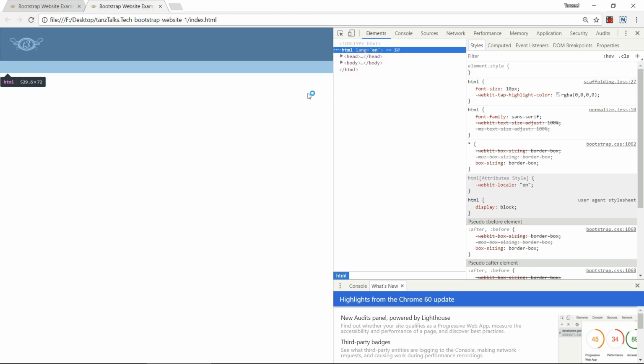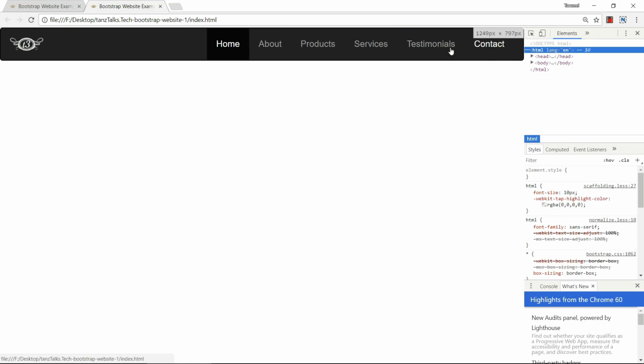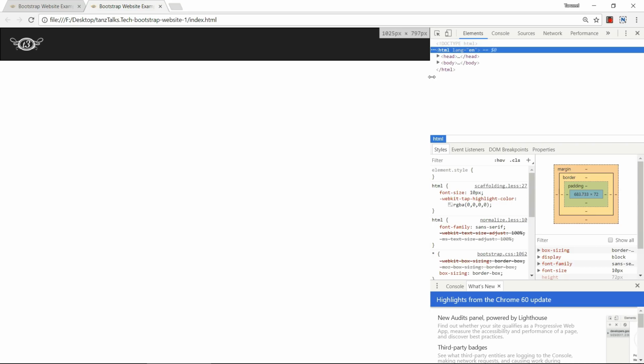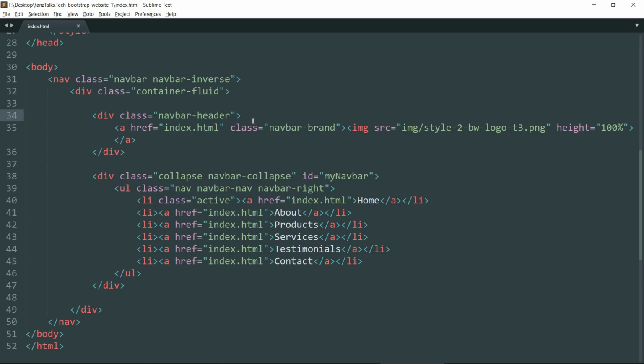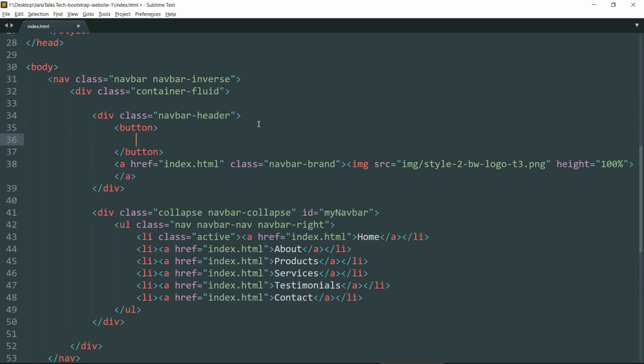Now let's just resize the window and see how the navigation bar is working. We can see the navigation links and they are disappearing when we scale down the screen, but there is no button yet. We need to create a button now. Let's create a button under the div tag with class navbar-header.